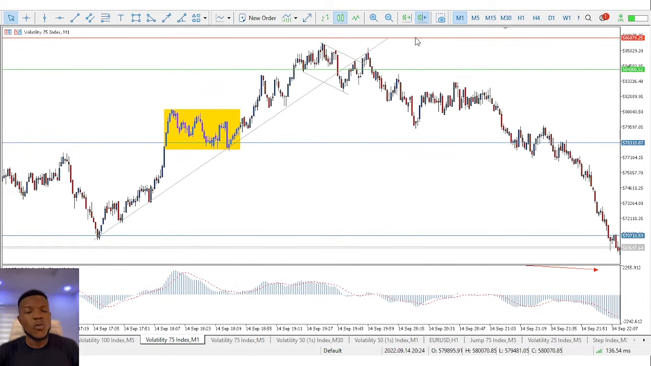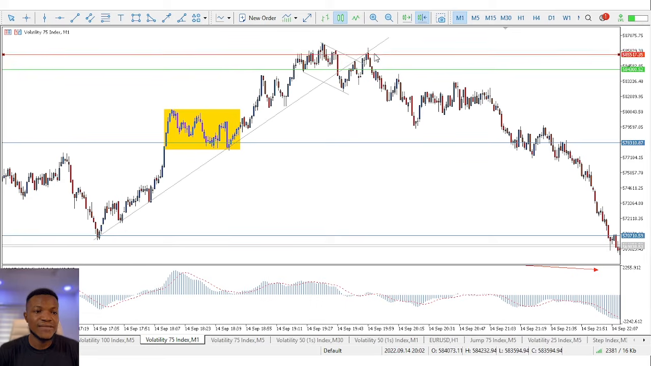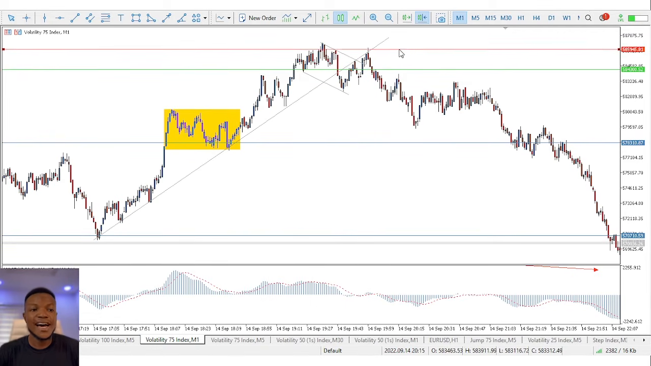Someone has been asking, why did you have your stop loss above here? Why didn't you just put your stop loss close by and everything? If I had my stop loss inside the zone, it would definitely get hit and we'd get out of the trade before price continued going downward. So I just had to